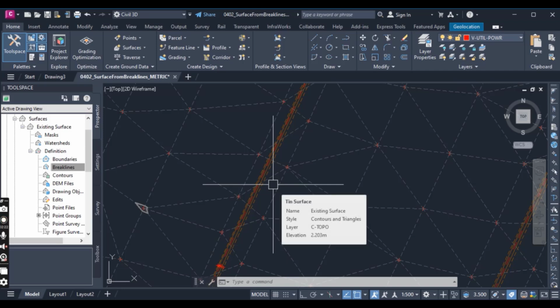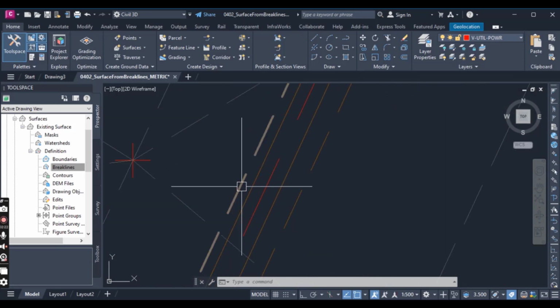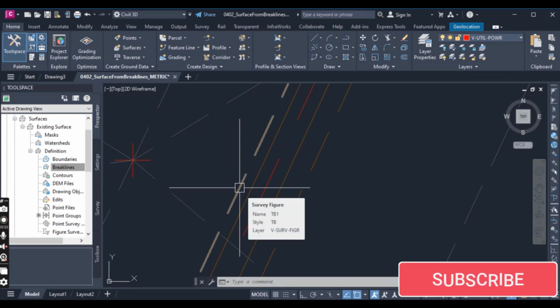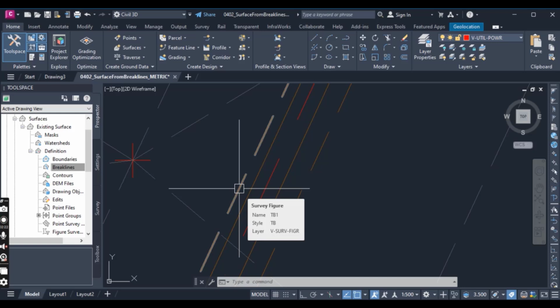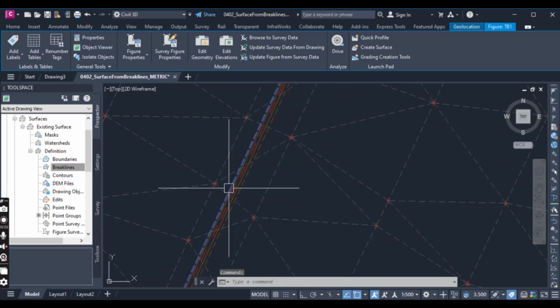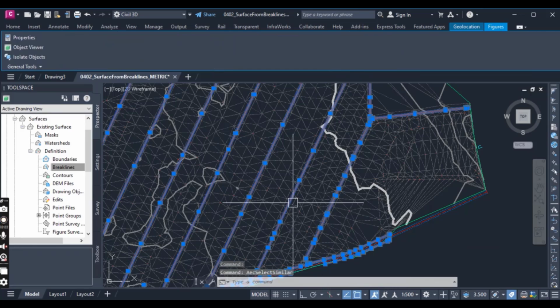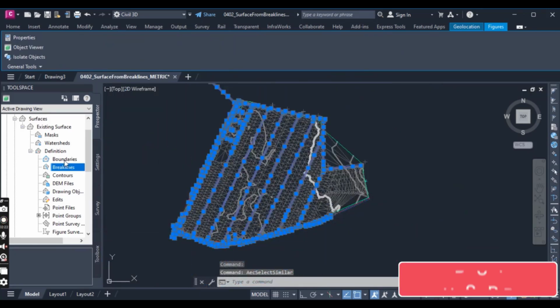Select and then right click one of the brown figures representing the top of bank. How can you tell which is top of bank? When you hover your cursor on the line, it will show you the style as TB, which is top of bank. Just click on the line and then right click and select similar. All lines will be